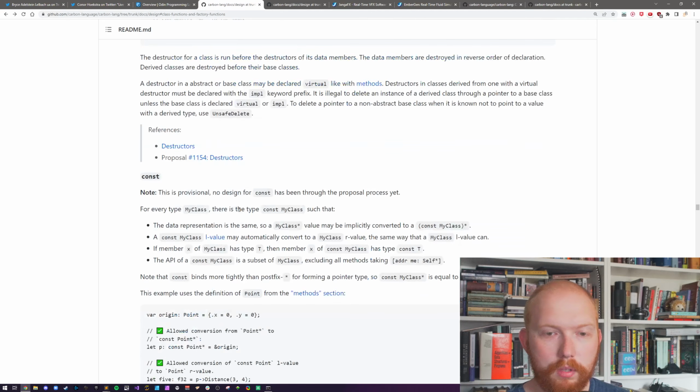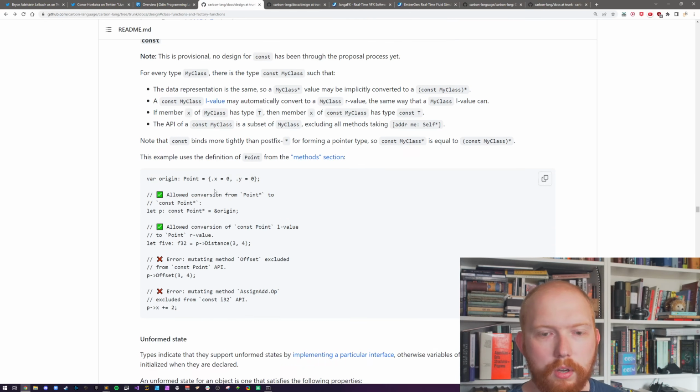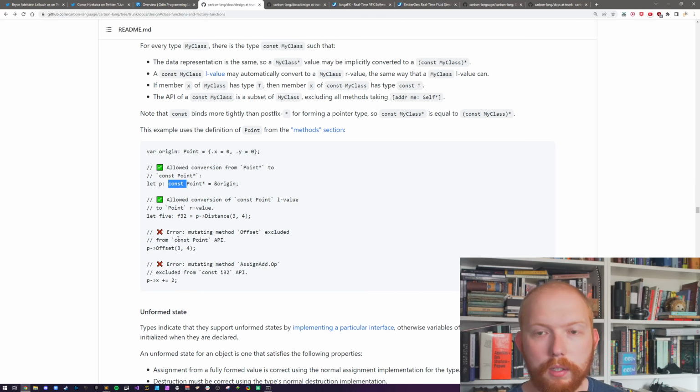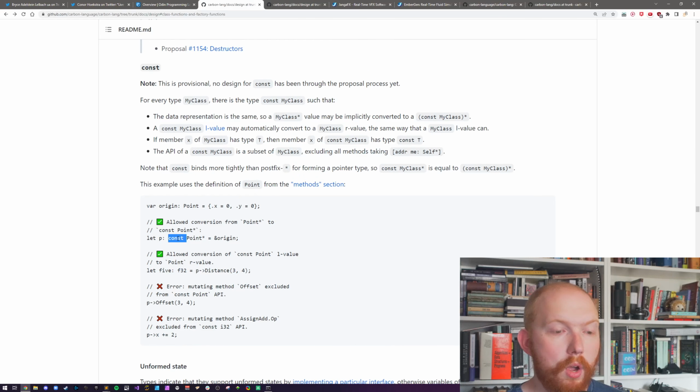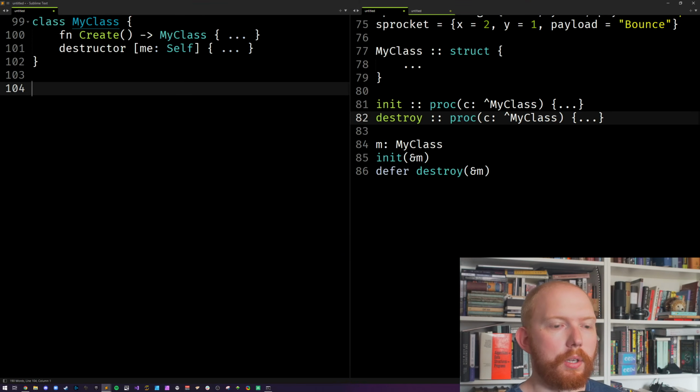We're going down. We have, it says const. There's no design for const yet. So const in this case seems to be a const on the type itself. So a qualifier rather than anything special. Like, okay, fine. Odin doesn't have const, but it doesn't really need it. The thing is that most of the time when you have const, I've found in C++, there are pretty much only two reasons why you really want to use const. No, three reasons, sorry. Three reasons why you use const, in C++ at least.